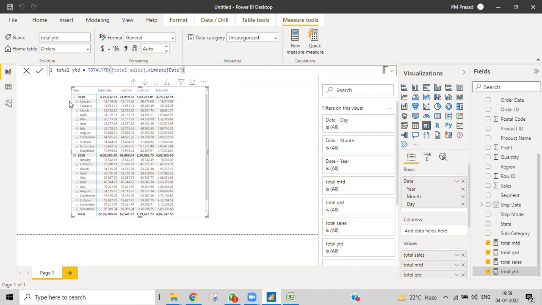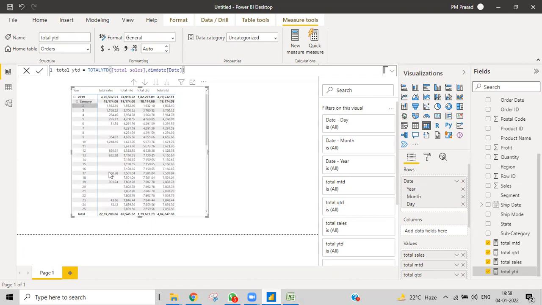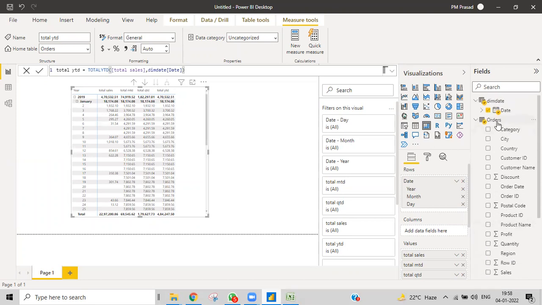I'll show you that. Let us make this thing like this. You can see right now all the day sales: for January 2nd how much, January 3rd how much. Once I apply previous day, for January 2nd it will show January 1st sales. We don't have January 1st, so obviously it will be blank. For January 3rd, it will show the January 2nd value. Let me do that and then you can understand. Every time it will get the previous day's sales.